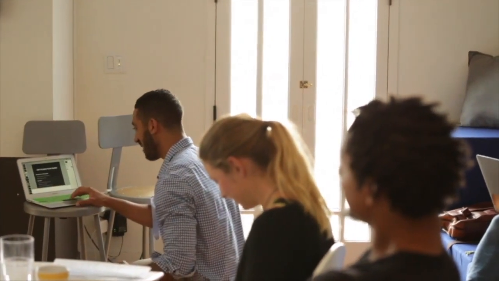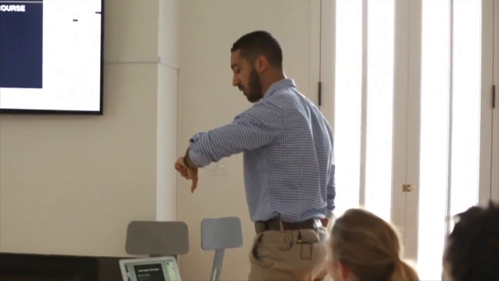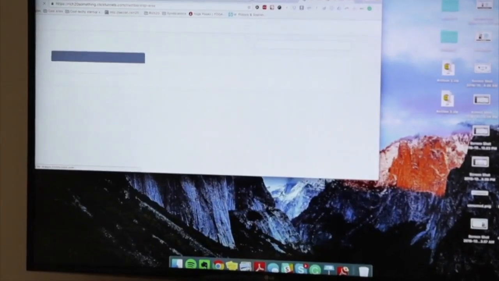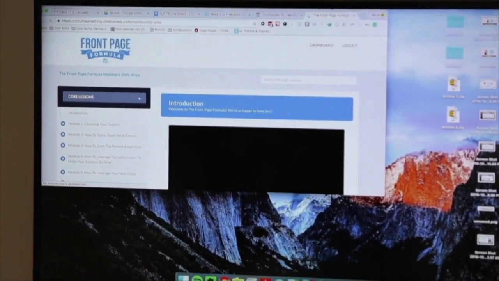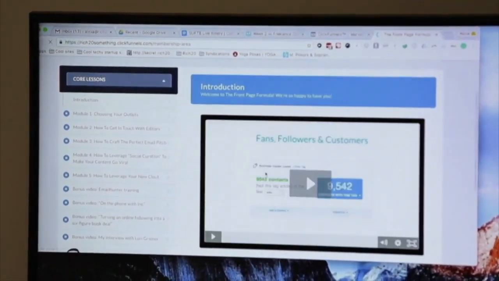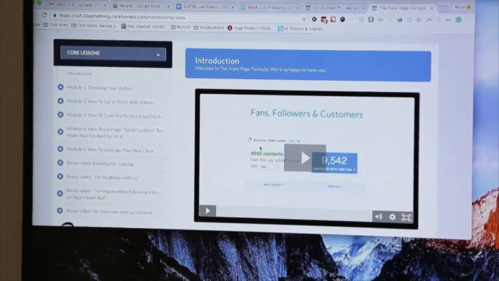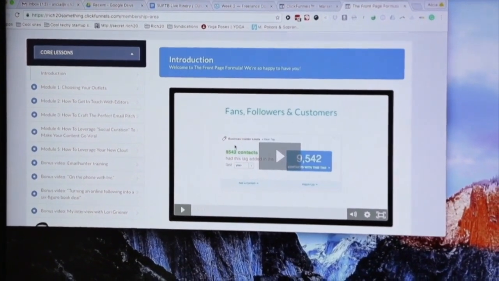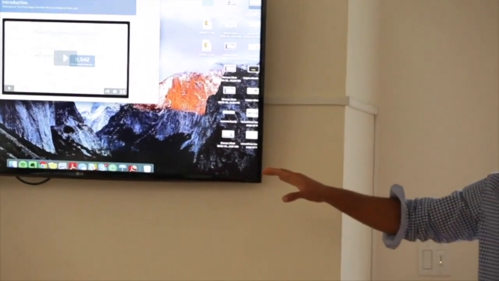So we use Optimized Press and ClickFunnels, and we're gonna eat lunch very soon. We only have one more slide, but I wanted to show you this as well. This is Front Page Formula. As you can see, it's much more scaled down compared to Freelance Domination and Optimized Press. And ClickFunnels, although it does integrate with WordPress, is its own independent software. It plays with WordPress, but this is hosted on ClickFunnels' own software, and it's very simple. You can build it all inside of ClickFunnels as well.